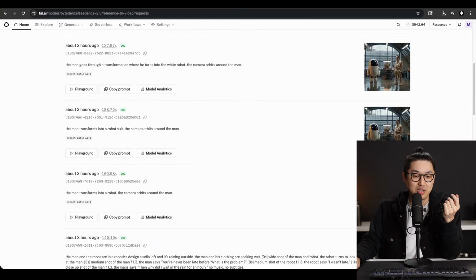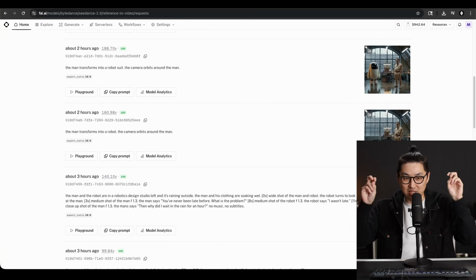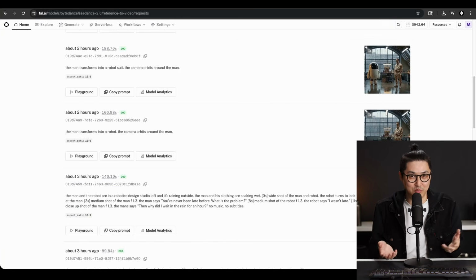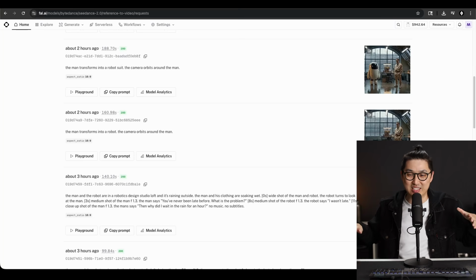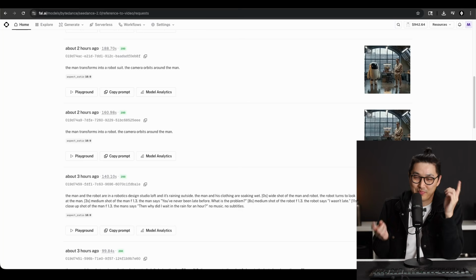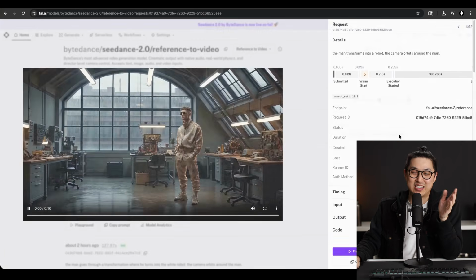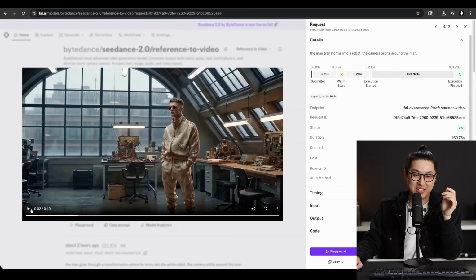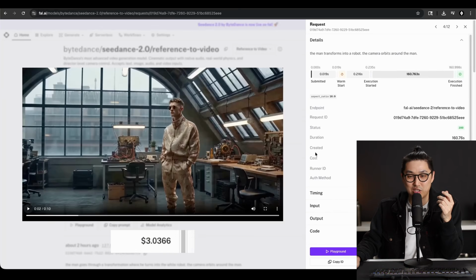And one of the last things that I really wanted was the man transforming into the robot. I think if you've been on the internet and been watching Seedance 2 videos, there's all these really cool transforming sequences. And well, I wanted to make my own. The only problem is that, of course, in this case, the man doesn't look anything like the robot, and that's obviously going to make some sort of funny results. So this cost $3.36. It was a 10-second generation.